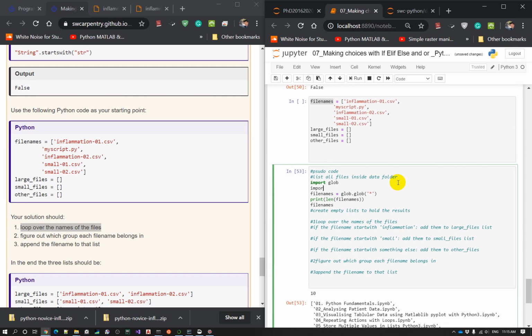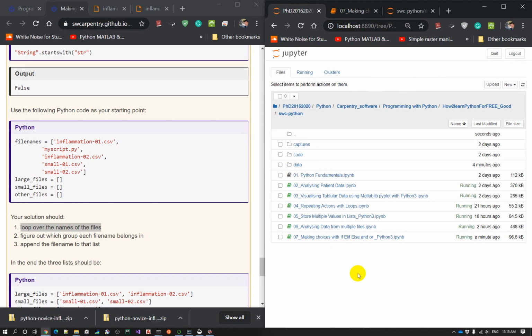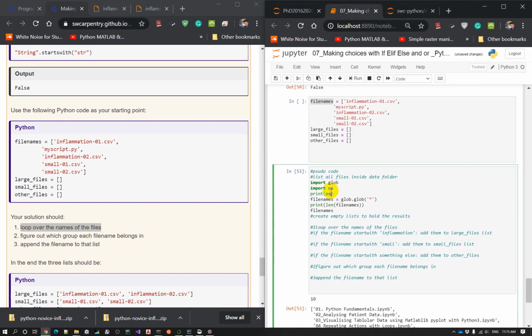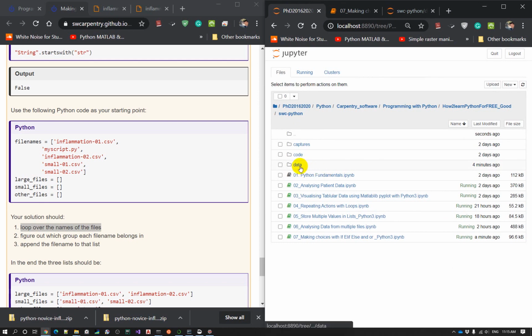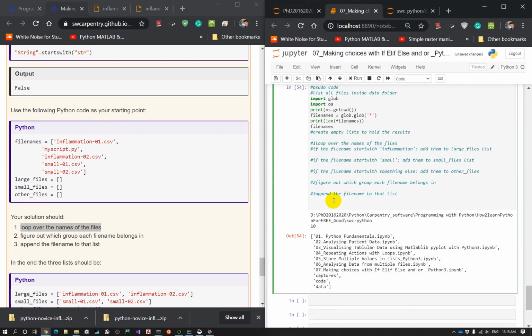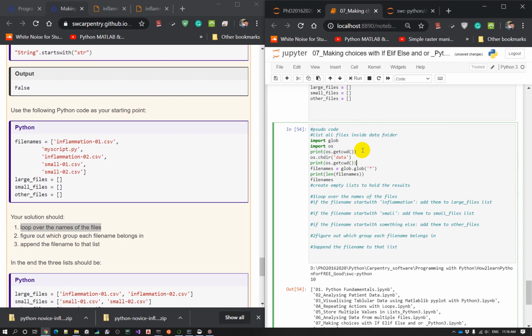I need to import os, because I know that I'm in this folder, the current working directory. So let's say print os.getcwd. The current working directory is this folder, which is here, but my data is inside data. So I'm gonna use the os module to change the current working directory to data. I just call os.chdir, and I'm going to put in data,